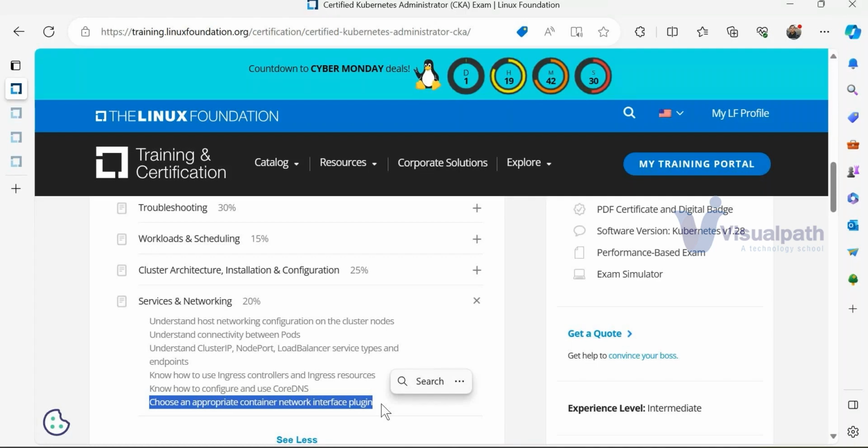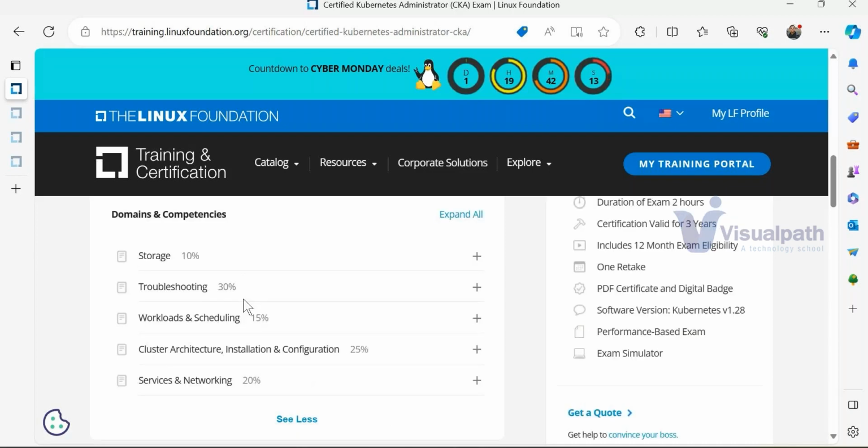So if my application also comes with a plugin, we can even have a plugin in terms of network as well as on my container side, right? So both ways we'll be managing it. So don't worry about it. This is what we are going to do in CKA, right? Completely in CKA, we'll be doing all the things.